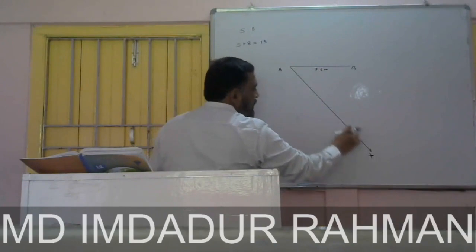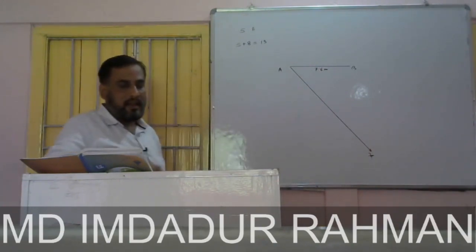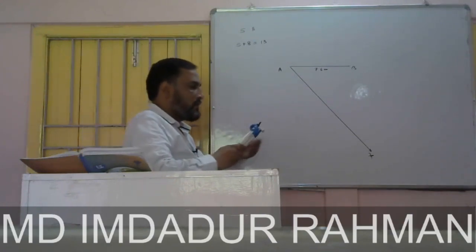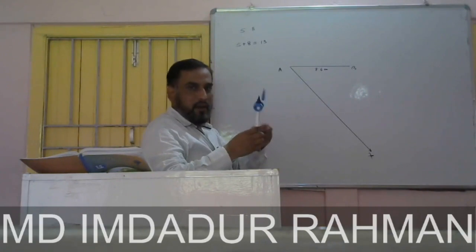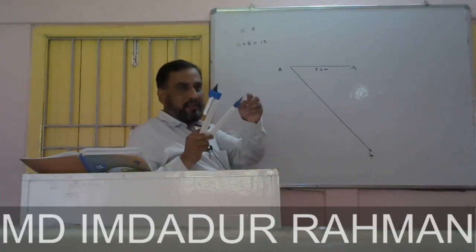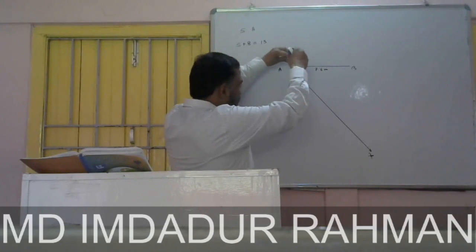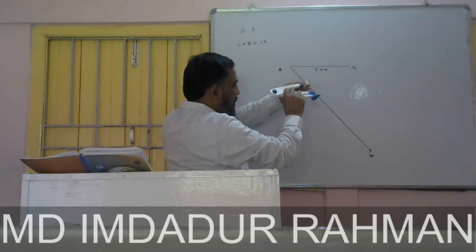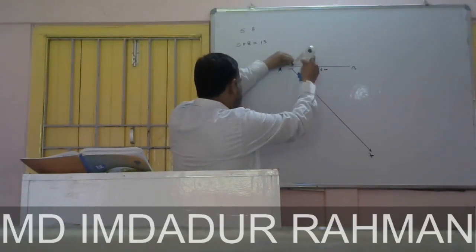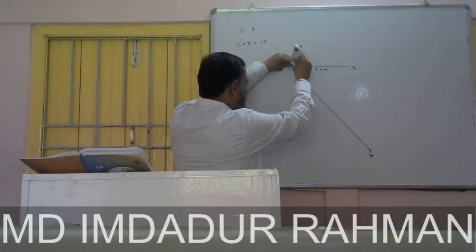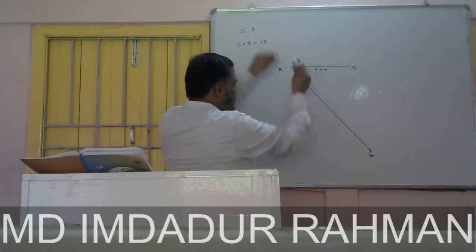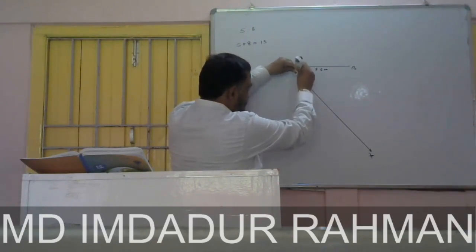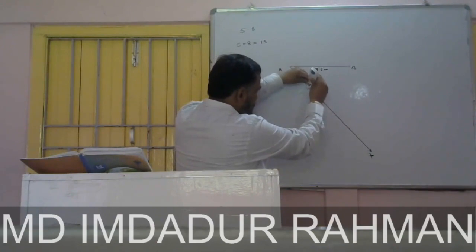So we will divide this ray AX into 13 equal parts. So let us divide. See, this is your compass. You can use compass and you point this sharp side here. Then you just give a mark, and using this mark you will give another. Like this you give 13 parts.